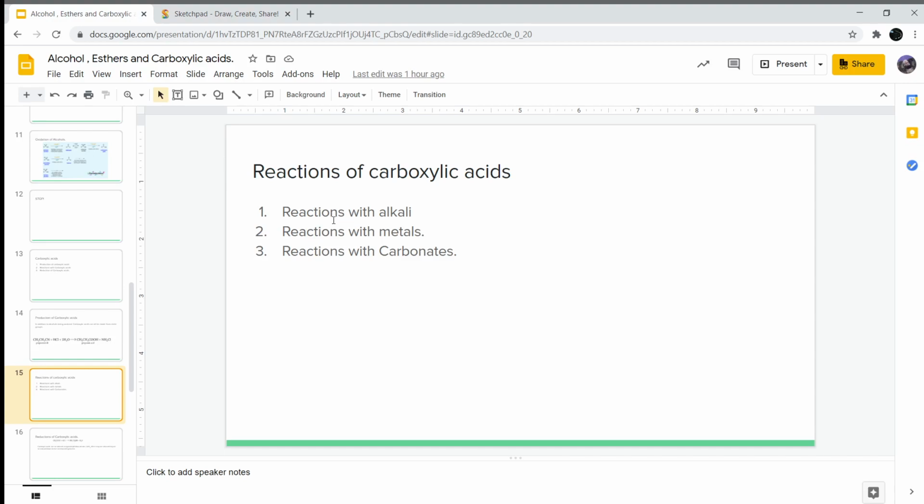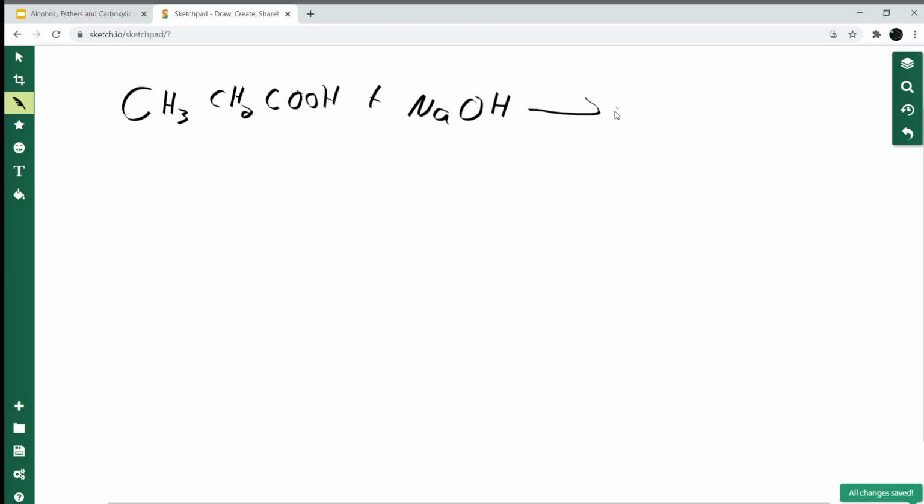Now, the first type of reaction we're going to look at is the reaction with an alkali. So we're going to go ahead and do CH3CH2COOH, and this right here is the acid. And when it combines with an alkali, and we're going to use sodium hydroxide, just because that's our most common alkali, we're going to end up making, essentially,